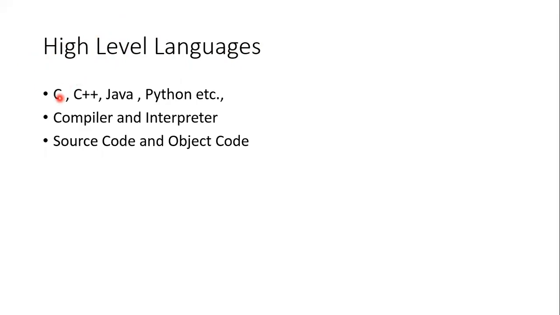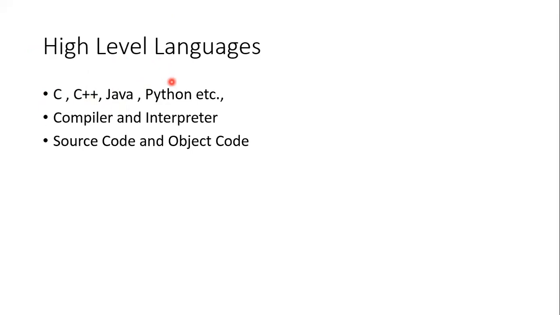The famous high level languages are C, C++, Java, Python, etc. So you can use C in the Unix operating system, and you can use C in Turbo C, the compiler on an Intel processor. You need not change the instructions. Whatever instructions you used in one machine, the same instructions are used in another machine. That is machine independence, so that is why we are using the high level language.